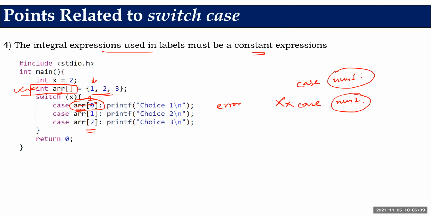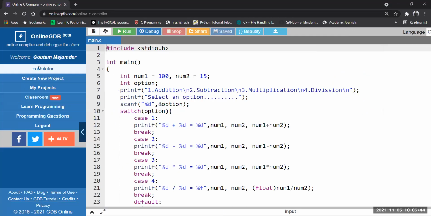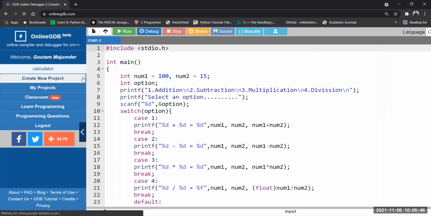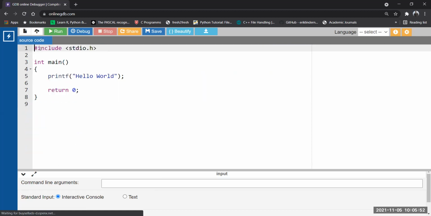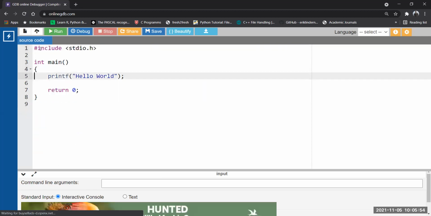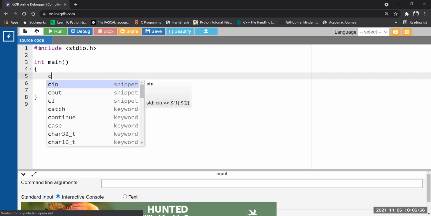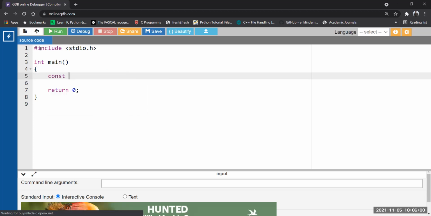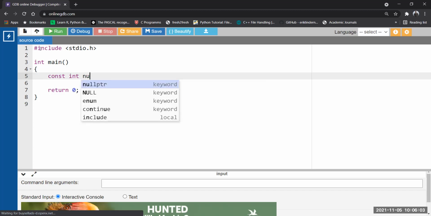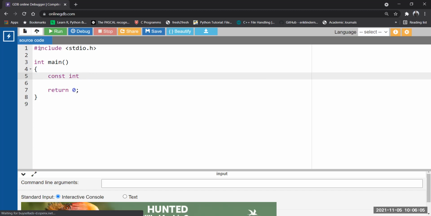Okay, so let's see one very interesting fact in this compiler. Let me open a new project related to the switch case. Can we use a constant variable? Means constant integer, suppose num equal to 20.